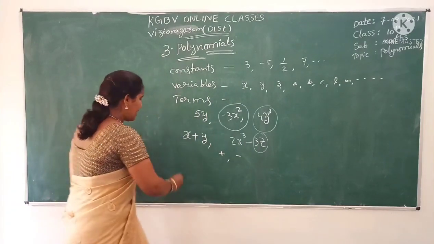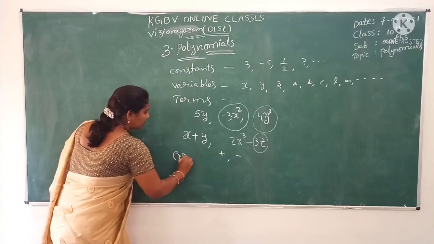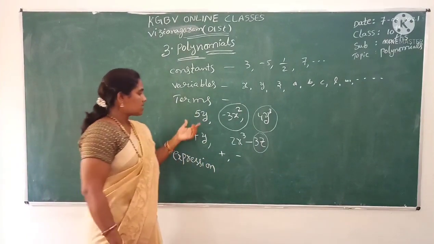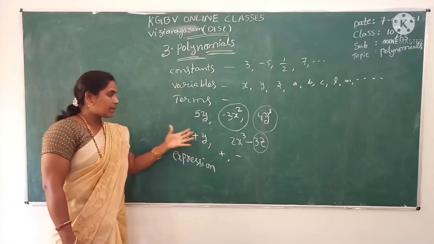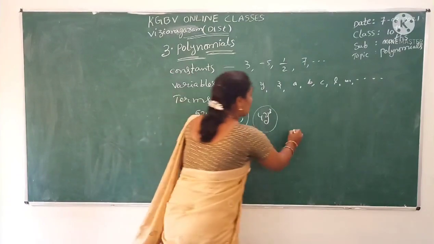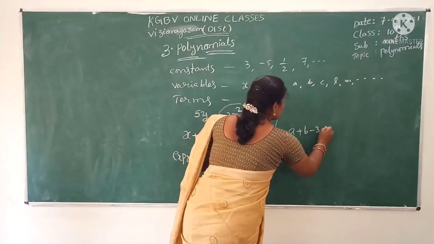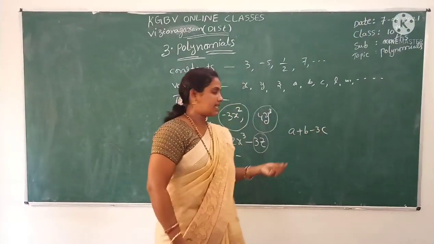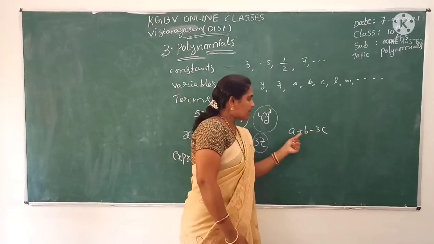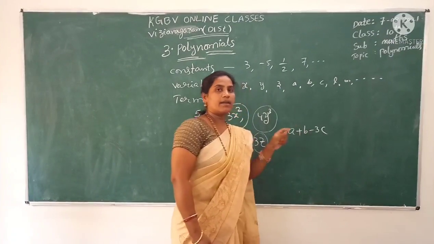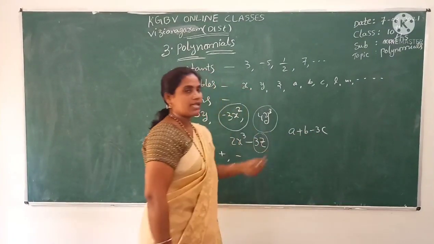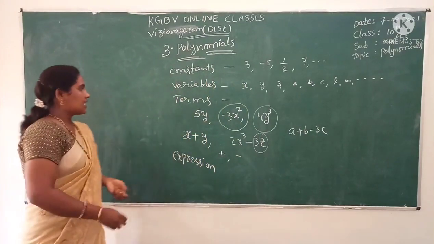These are also called an expression. Variables and constants, separated into terms by plus or minus, is known as an expression. a plus b minus 3c is also an expression. Terms are separated by plus and minus. So this is an expression. In this expression,